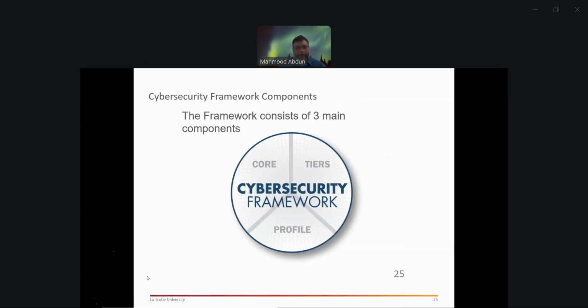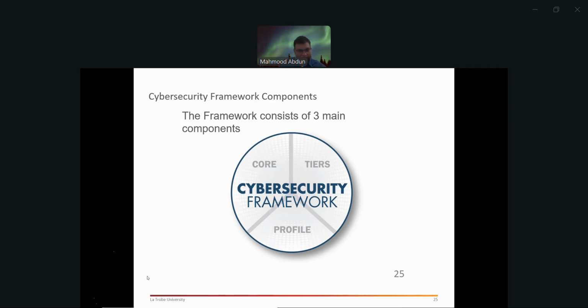Right. Okay. So there are 3 components in the CSF, the cybersecurity framework: the core, the tiers, and the profile. The core is basically the activities and informative resources organized around particular outcomes, and this enables easy communication with stakeholders.